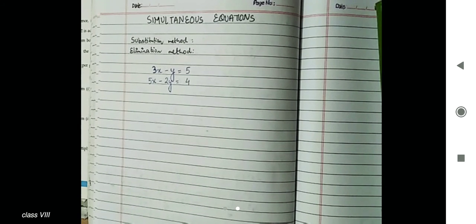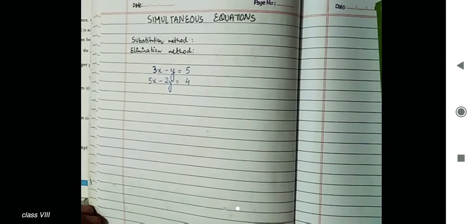Now what is the elimination method? Elimination means eliminate. From the word only we will understand. When you want to eliminate any student, you are saying just eliminate this student. He or she will not participate in the given project or assignment. So you are just eliminating. So here also we will eliminate. What will we eliminate? We will eliminate a variable. So let's see how we will eliminate a variable.